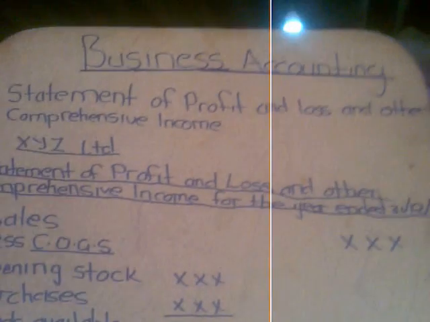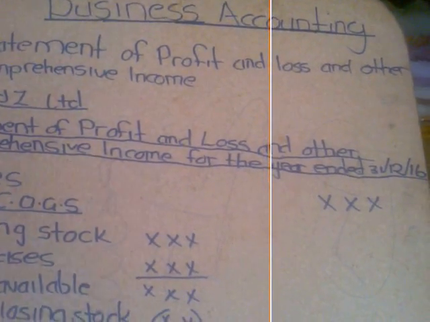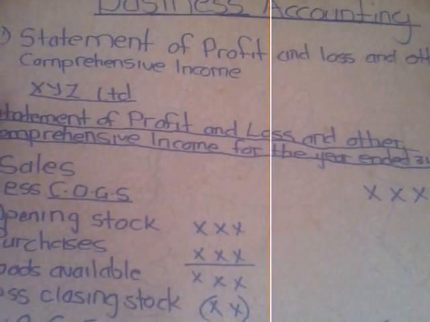Today we want to move on with our topic, which is business accounting. Today we want to look at the statement of profit and loss and other comprehensive income. So basically, we want to look at the items that we are supposed to include as well as the format